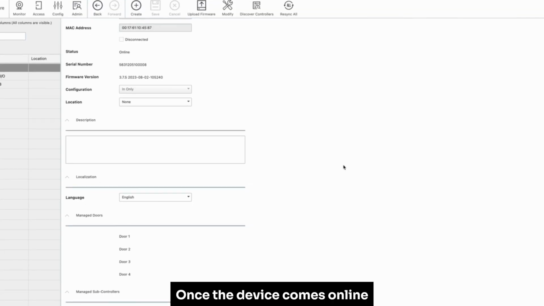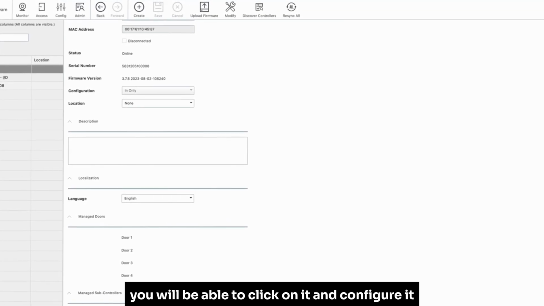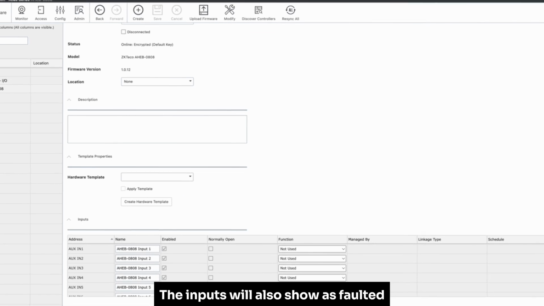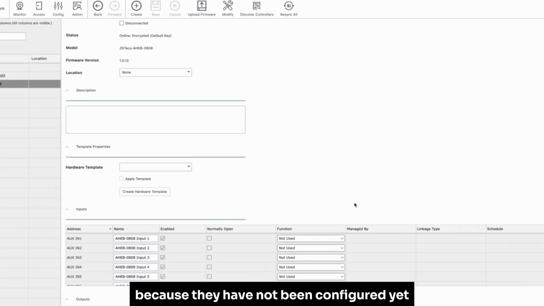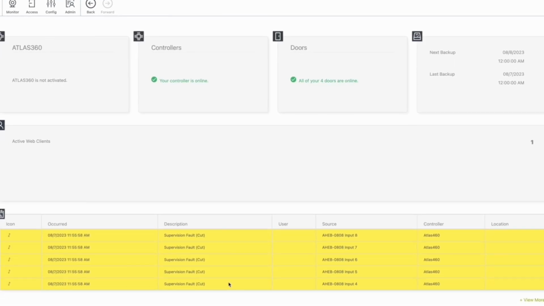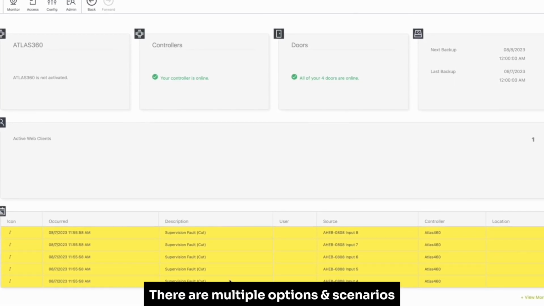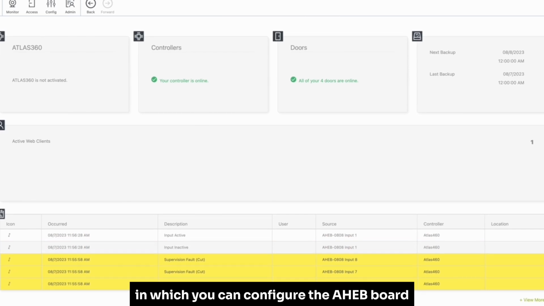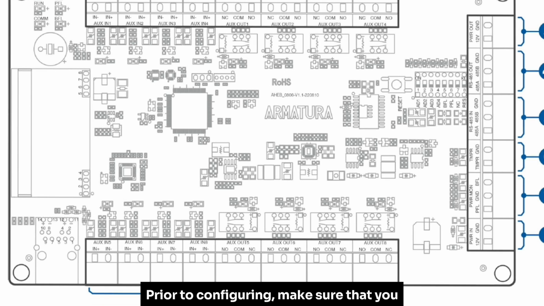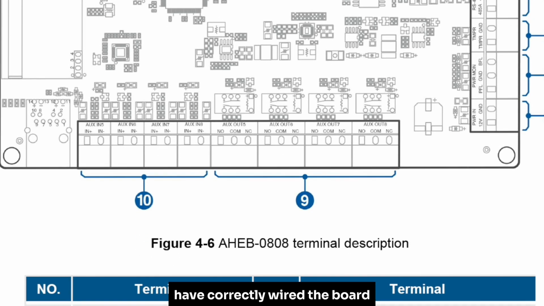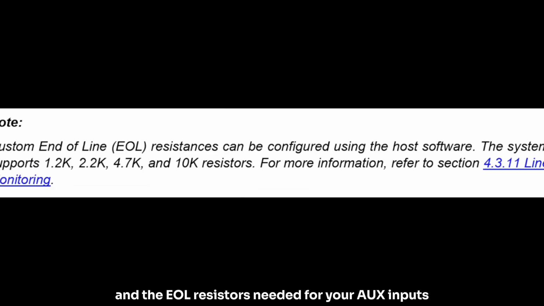Once the device comes online, you will be able to click on it and configure it. The inputs will also show as faulted because they have not been configured yet. There are multiple options and scenarios in which you can configure the Aheb board to operate as it best suits your needs. Prior to configuring, make sure that you have correctly wired the board and the EOL resistors needed for